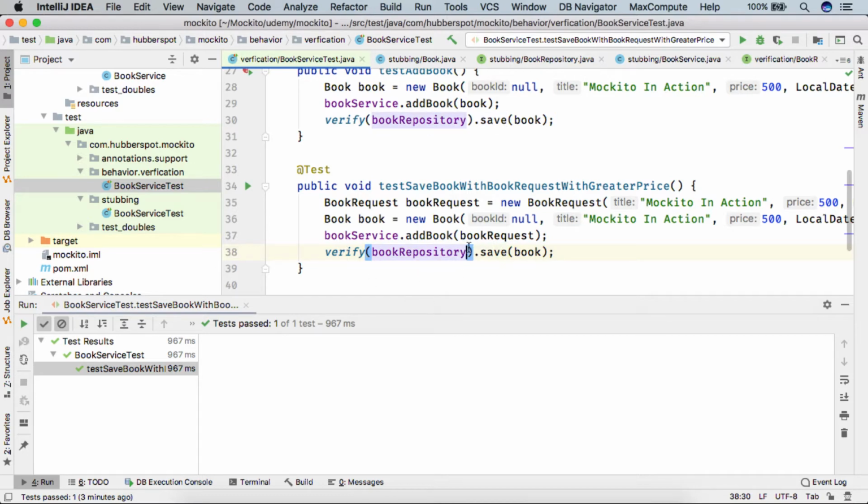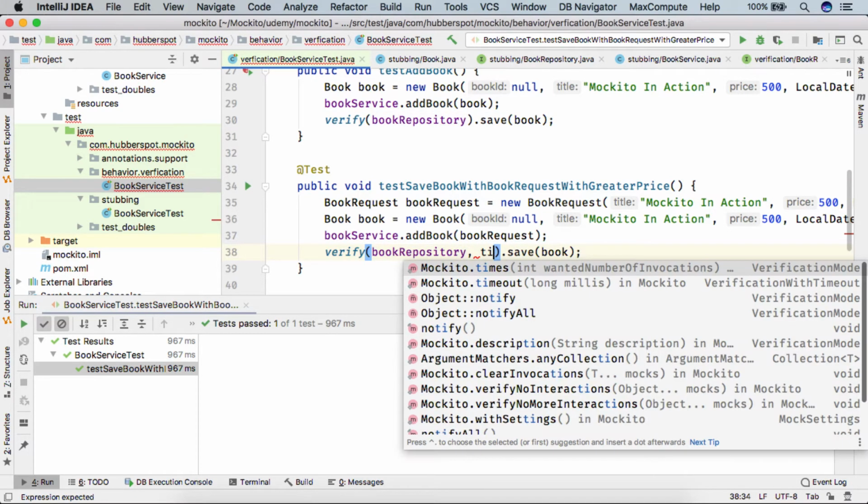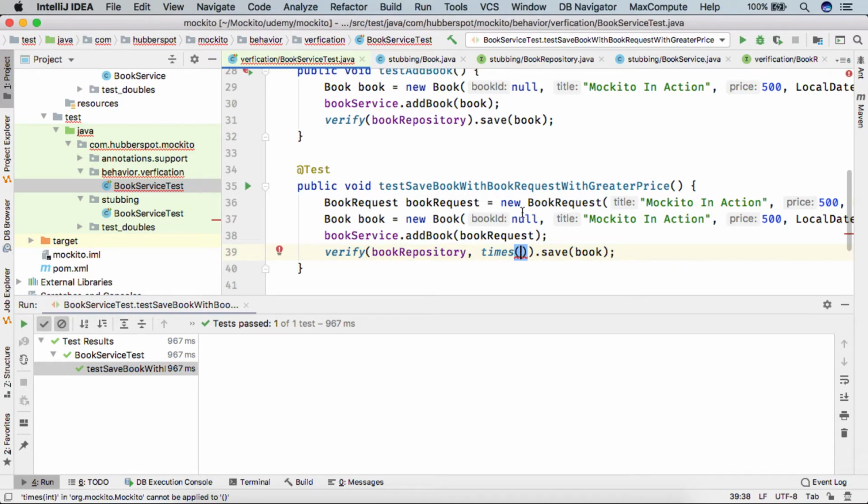So in our verify method, we can use the Mockito times method, which is nothing but our verification mode, and we can verify how many times the invocation was done to this save method. Based on our use case, we know that this save method shouldn't have been called. So how can we verify that? We can simply provide 0 here, and we are asking Mockito to please verify that the book repository save method with this book was not called. So we are providing the value 0 here.